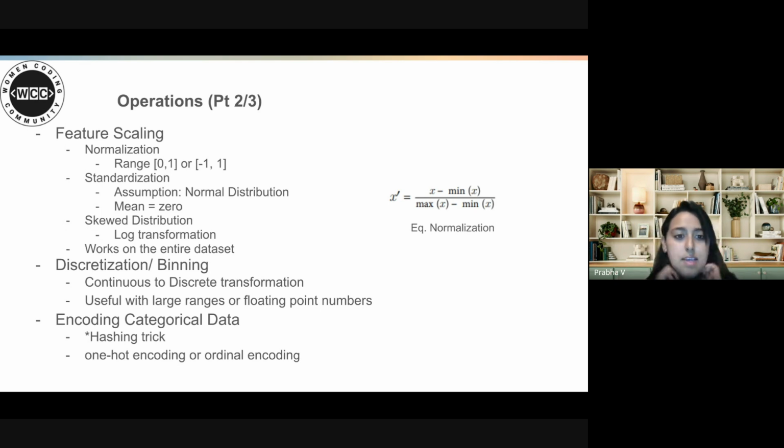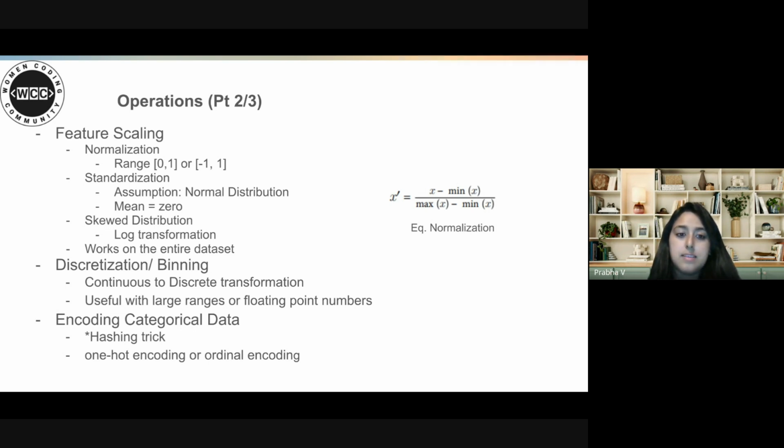A couple of things to think about as well when you're feature scaling: if you have a very skewed distribution of a certain variable, something like a log transformation of the data before scaling is very useful.